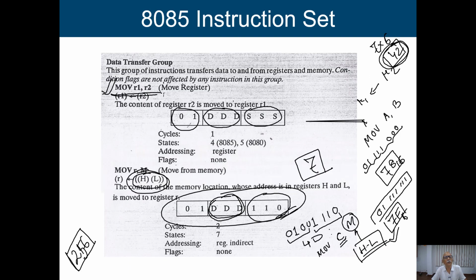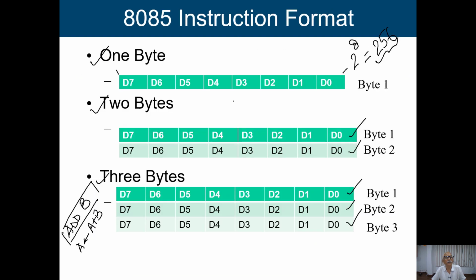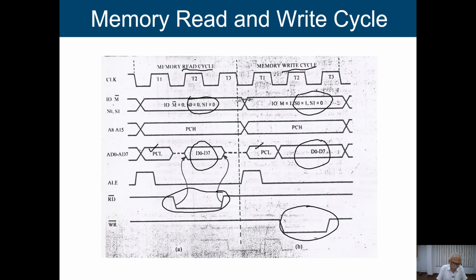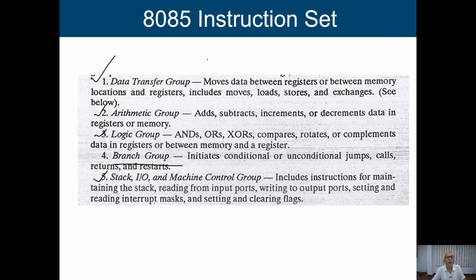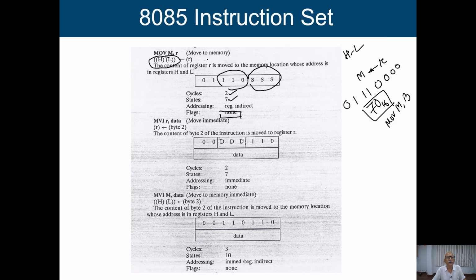Let's go back to this particular timing diagram. So this is a memory cycle. Okay, it is a read memory cycle, and to carry out this particular read memory cycle we need 3 clock cycles, T1, T2, T3. So these are the 3 different states. Okay, and this is one memory read cycle. So in this particular instruction, what will happen? We need 2 cycles, and maybe one is a memory read basically, or one may be something else. So basically you have to get this information, going to give the address.